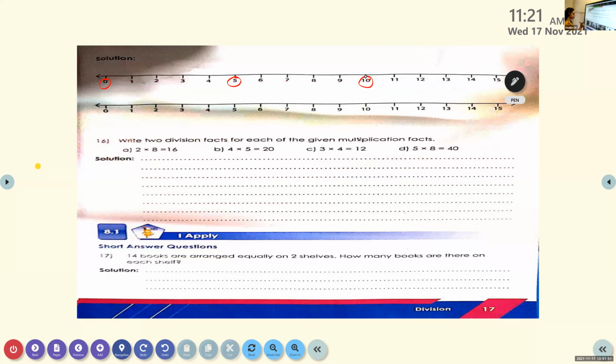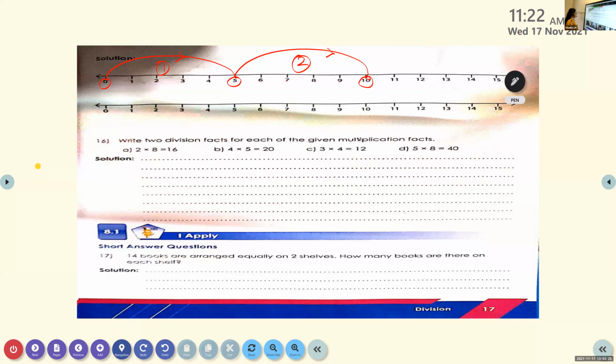Then you have to give the jump, a forward jump from 0 to 5. First jump, it is a forward jump. Then 5 to 10. So the second jump is also forward. So 2 jumps are there. Forward jumps. Okay. So 2 times means 2 jumps have to be taken. Yes, 5 at a time. Okay. Good. Good, Ashwin.